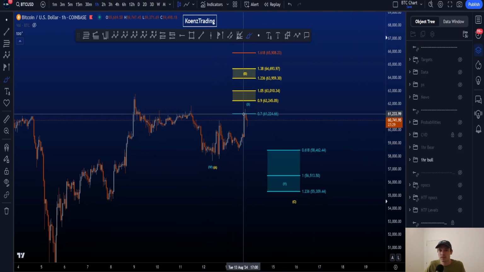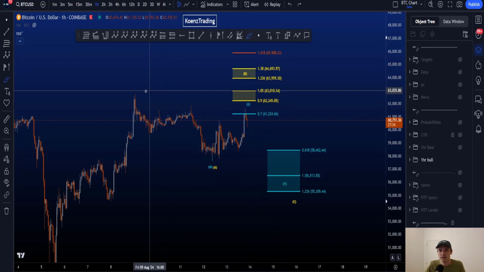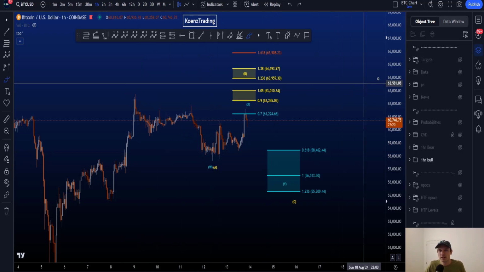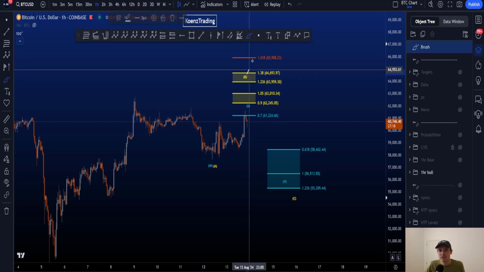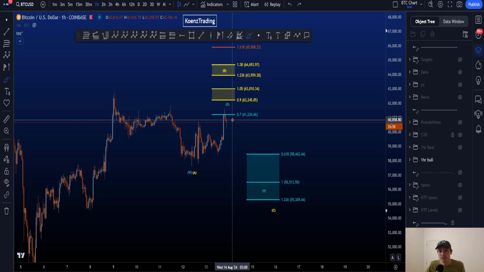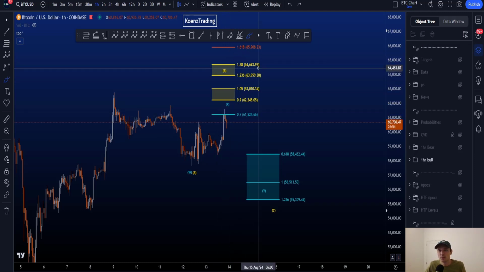However, if price is going to move towards the upside and touches the 1.618 here, taken from the high to the low at 65.9k, the probabilities increase for continuation towards the upside. The target for your wave X is pretty much between where we are now and the 1.38 at 64.6k, but